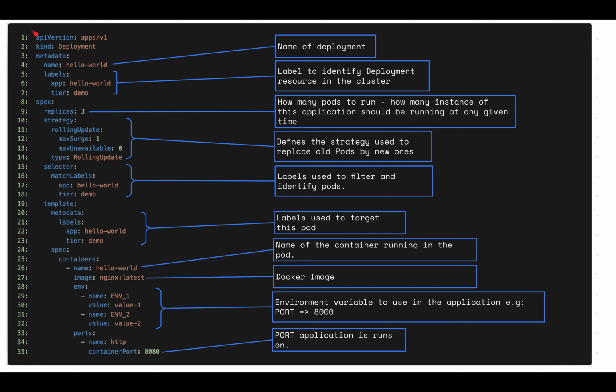If we look at this YAML file carefully, you will see that line 1 to line 7 is pretty much similar to what we have seen so far, but the interesting part starts from line 9, where we have replicas equals 3, which is very similar to the configuration for the replica set. Now, line 10 to line 14 talks about a strategy. That is, how do you want to update applications? How do you want to configure your upgrade?